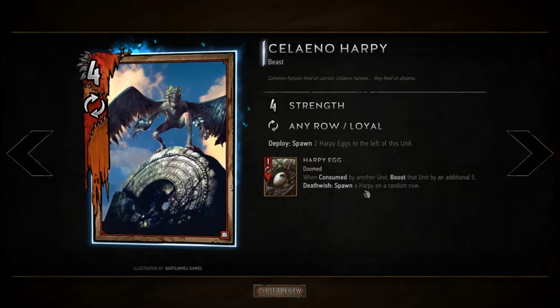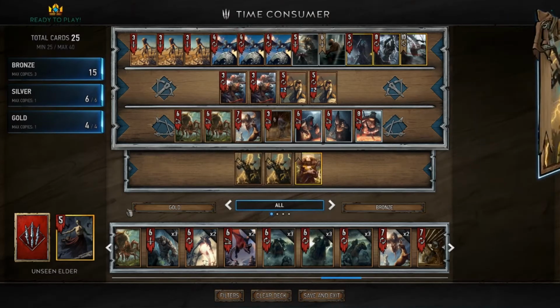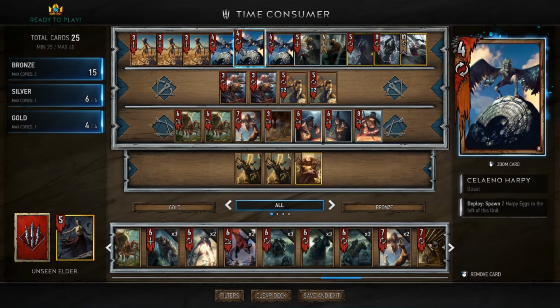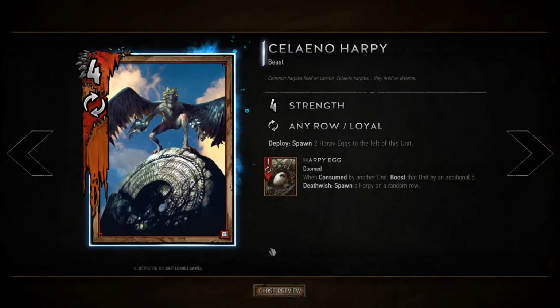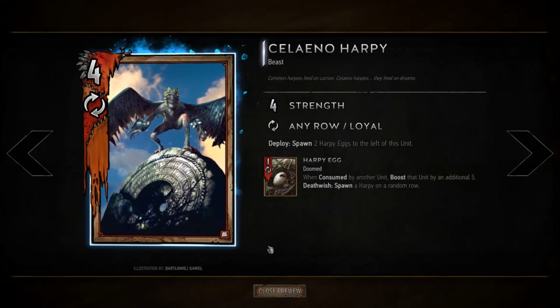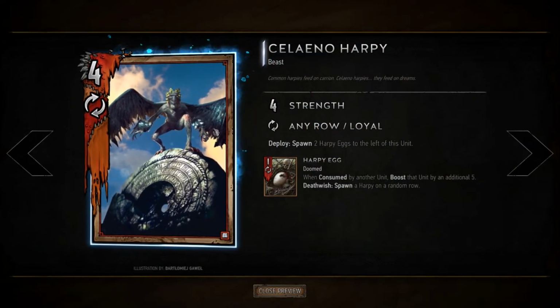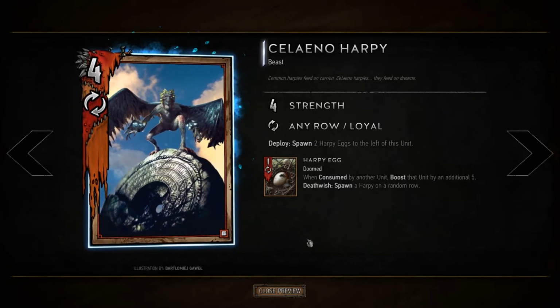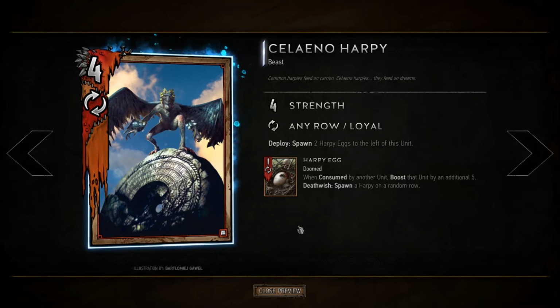So you're actually spawning 2 3-strength units when you consume using the Unseen Elder. So there's a really nice combo with the Celino Harpies. These guys are pretty much just an auto-include in any monster deck because of this carryover. You play a Celino Harpy for 4, and you essentially get an extra 6 for the next round,